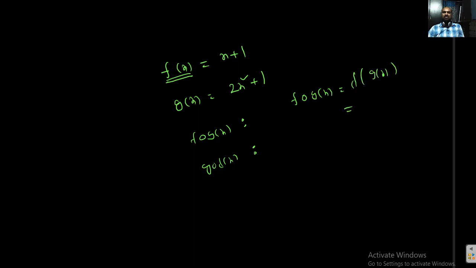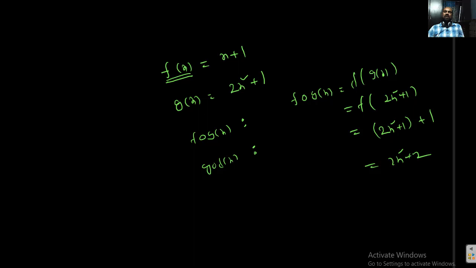This is under a condition, which we already discussed in the functions concept: when the composite function exists, when f circle g exists and when g circle f exists. So f of g of x means f of 2x square plus 1. F of k means k plus 1, so I can say 2x square plus 1 plus 1. So what is that? 2x square plus 2. This is the f circle g. Similarly, g circle f also we can find.